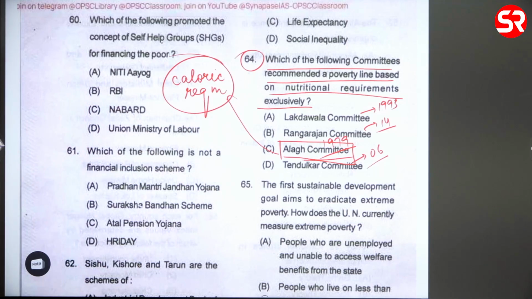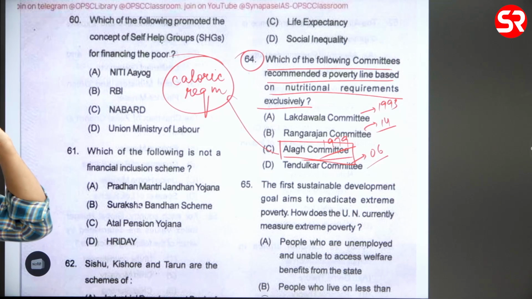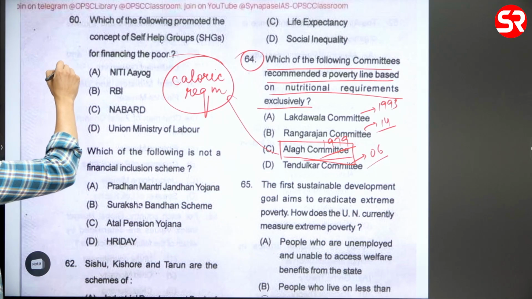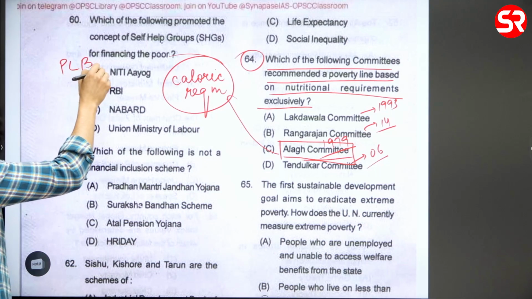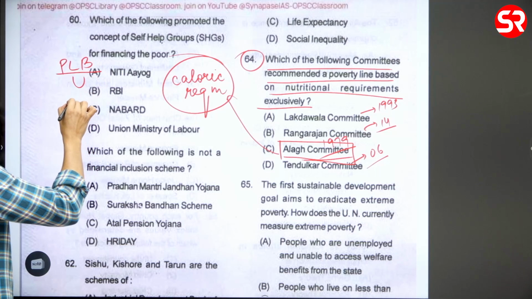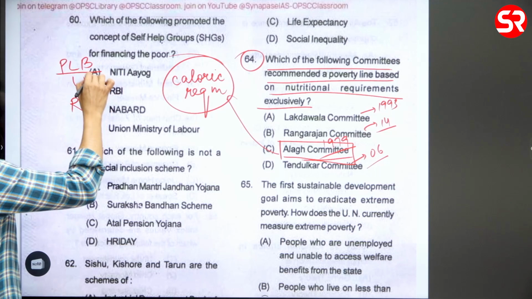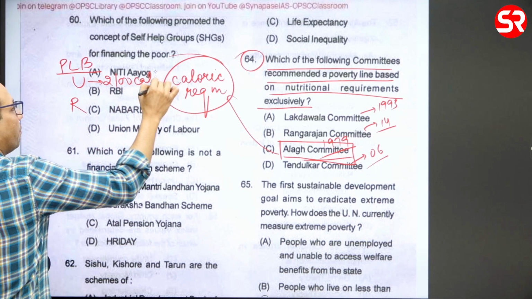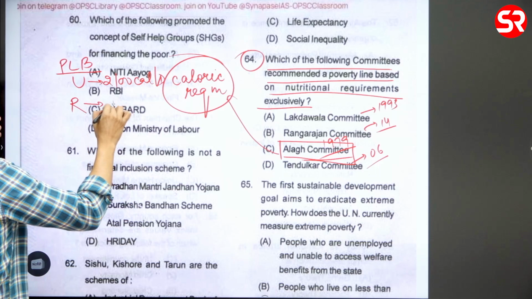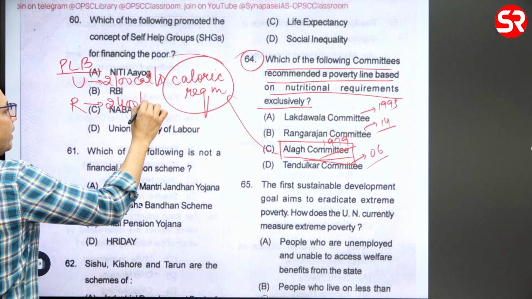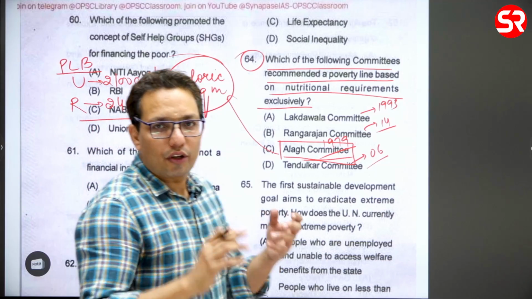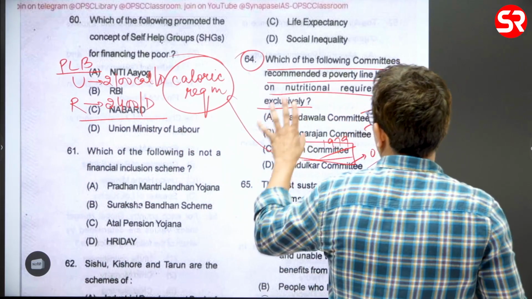Alright. Alag committee brought the concept of average calorie requirement for people in urban areas and rural areas, and hence we got separate poverty line baskets for people in urban areas and people in rural areas. For urban areas, calorie requirement was considered to be 2100 calories per day, and for rural it was 2400 calories per day. Alright. So the concept of nutritional requirement, that how much of nutrition is required, that was first recommended